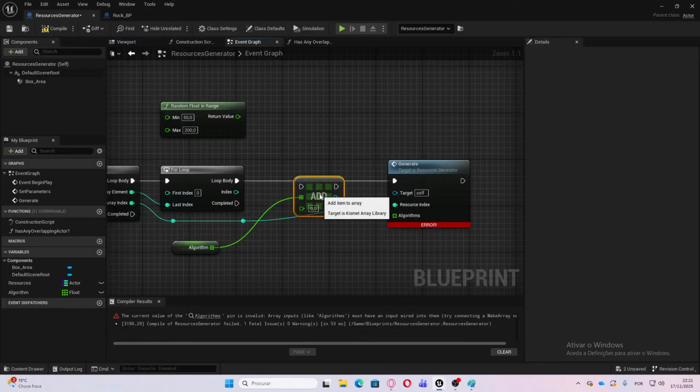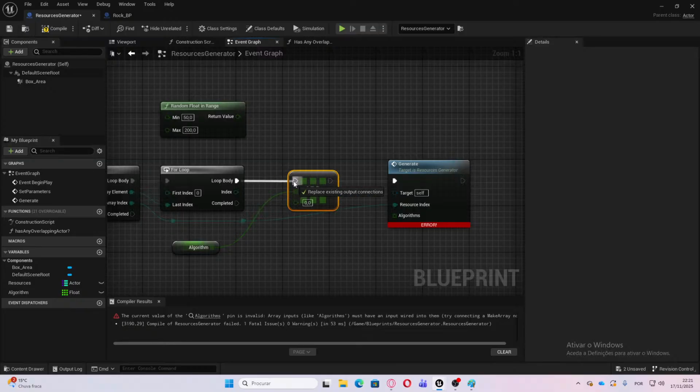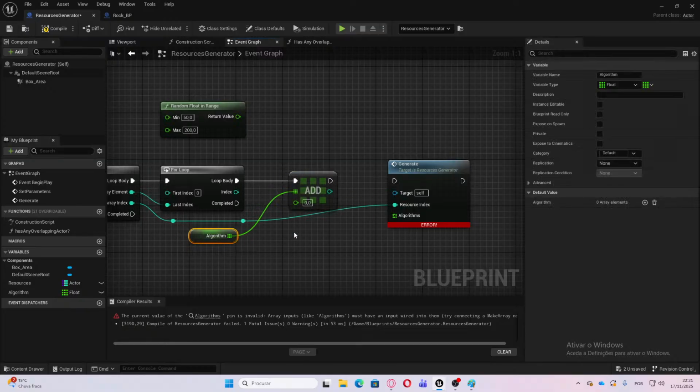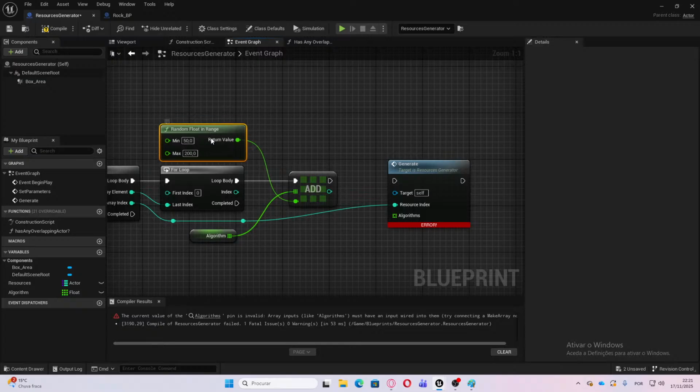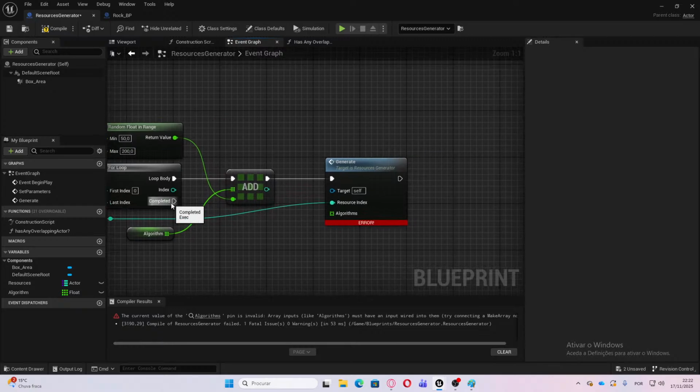We want to add a value, and this value will be this one, and then we just connect these integer. Wait. Oh, okay, so this is only the index of the new item. Yes, okay, on completed, when this is completed,